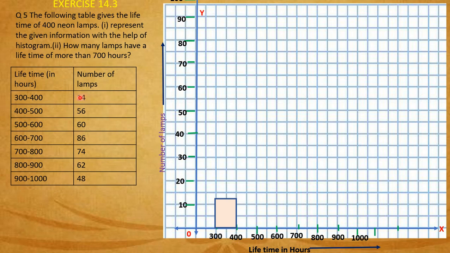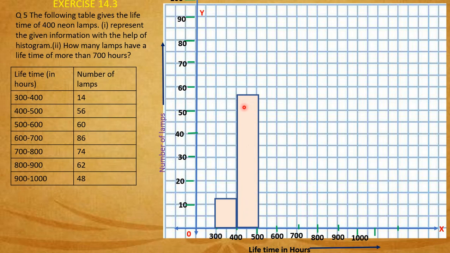Now the first rectangle we have to draw, that is 300 to 400, has height 14. So after 10 there are 4 small lines, which represents 14. So 14 is the height for the lifetime 300 to 400 hours. For the second rectangle, 400 to 500, the frequency is 56. So from 400 we have to start the rectangle up to 500, where its height is 56, that is, after 50 there are 6